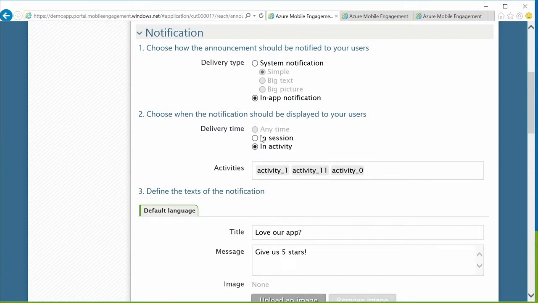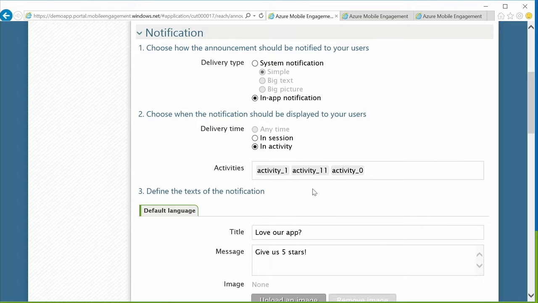We have a feature where you can define on which screens notifications will be triggered, and we call screens activities. So you can select with mobile engagement which activities will be the target to display these notifications.